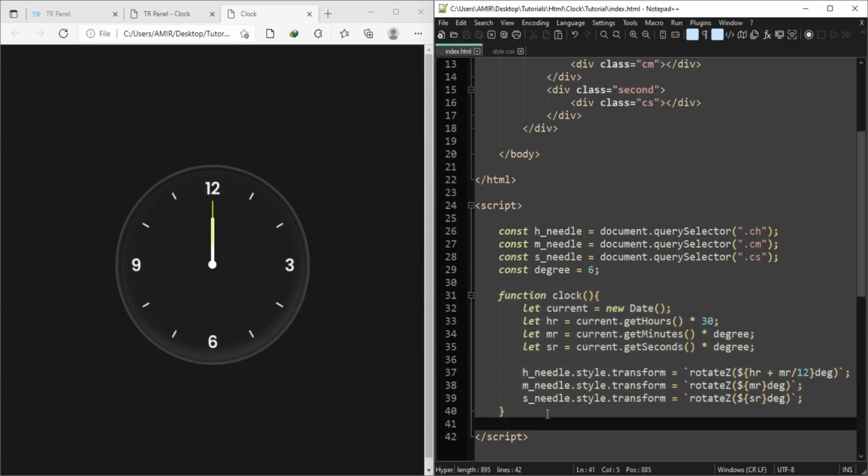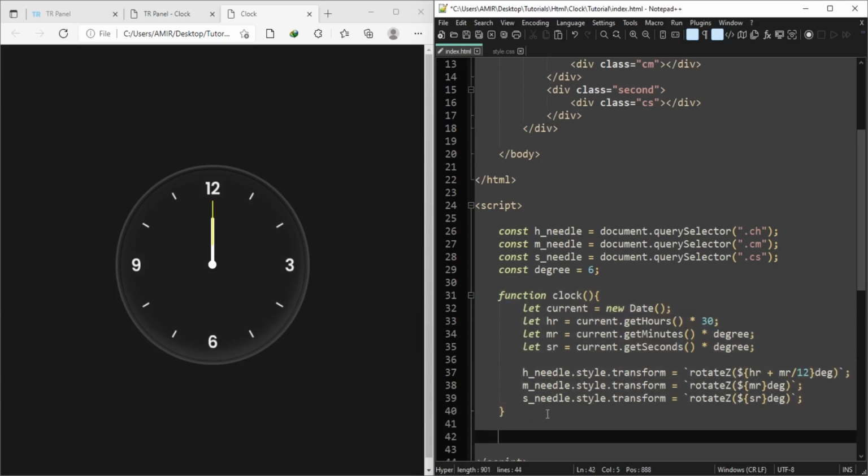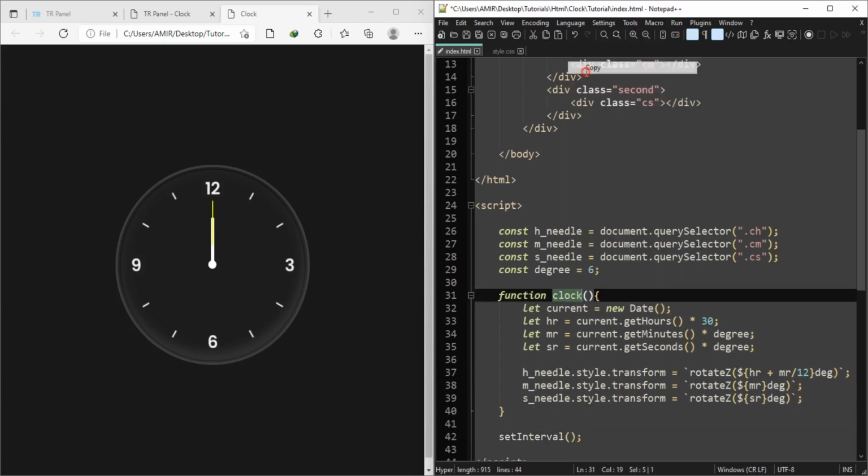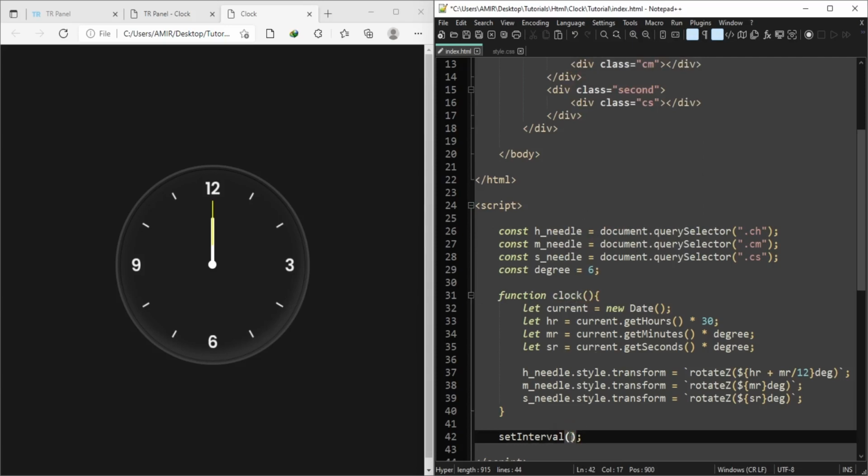Now we need to set an interval for when this function will execute. Now copy this function name and paste it in this set interval function. Now enter a comma and then 0. This 0 means the function will automatically be called after this time. You can enter any time here. 1000 means 1 second. You can see it starts moving after 1 second. If you type 0 here, then it will automatically be called after 0 seconds.